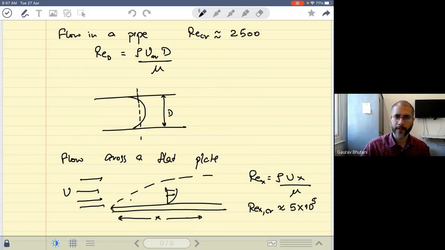Very different from the critical value for a pipe. So it depends on the situation. There's no universal value of Reynolds number. It also depends on how you define it, and what length you have taken. In the first case, we took the diameter. In the second case, we took the length x. Firstly, the characteristic reference dimension that we choose should make sense. Secondly, the critical value depends on that choice. So lots of experience goes into defining all these terms. We will discuss the common geometries, and talk further about the critical values later when we start talking about turbulence.